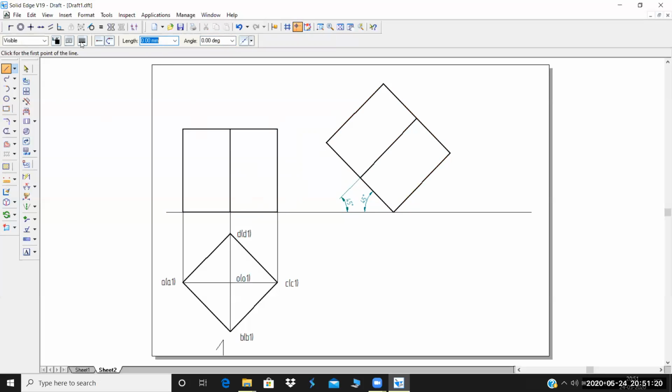Now coming back to the problem, I have to project it back downwards. I know that this particular point is A1, so A1 will be here. This is C1, so you will get C1 here. This is D1, I know D1 is here. D1 and B1, both the points are on the same line. You will get one more point here. Just project this, because projection lines are very important. So join all the points.